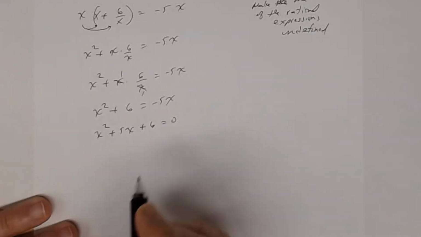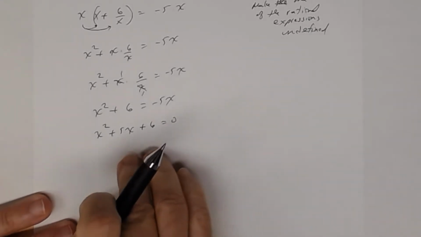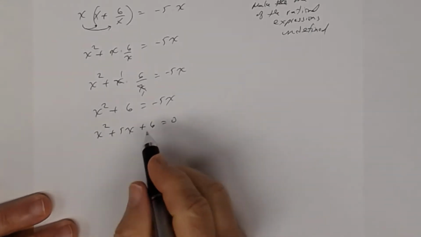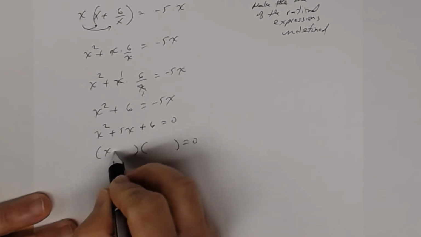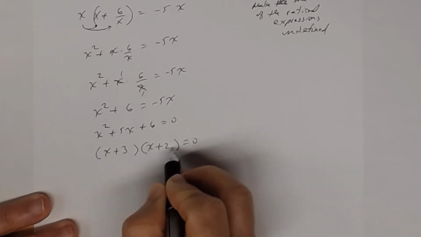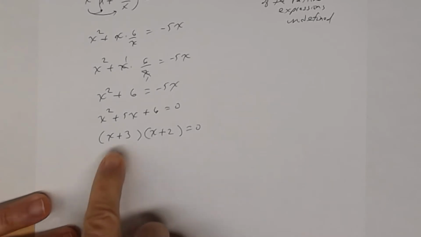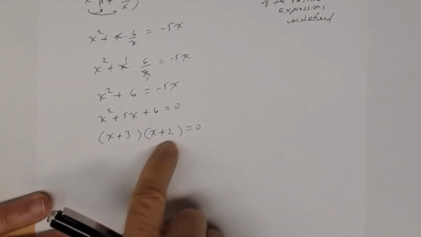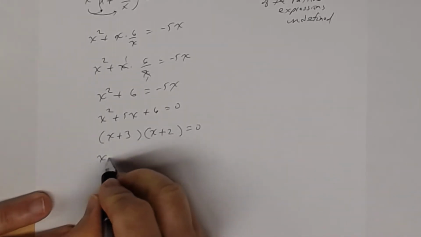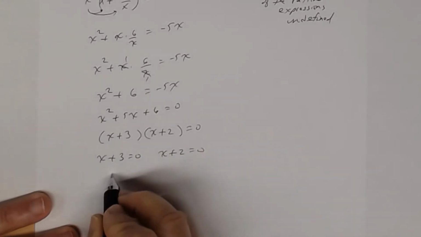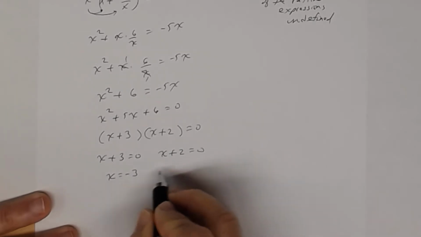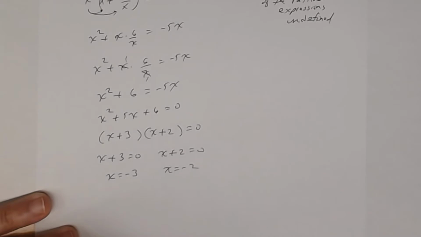And this one's factorable, so let's go ahead and factor this. If it wasn't factorable, we'd have to use the quadratic formula, but it is factorable. So when I factor this, I get x plus 3 times x plus 2 equals 0. And then setting each factor equal to 0 using the zero factor property, I get x plus 3 equals 0, x plus 2 equals 0. And so solving each of those linear equations, I get x to be -3 and x to be -2. Okay? Now, remember